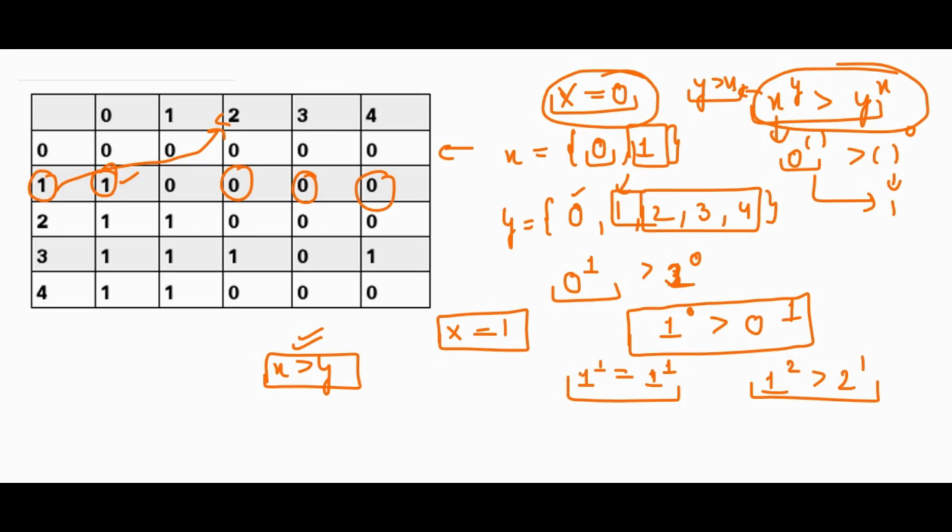If we have 1 in x, then only that pair is possible when we have 0 in our y array. Okay, so the number of zeros that are present in the y array will be the answer when we have 1 in our x array. Okay, I think you have understood it. Now let's move forward.